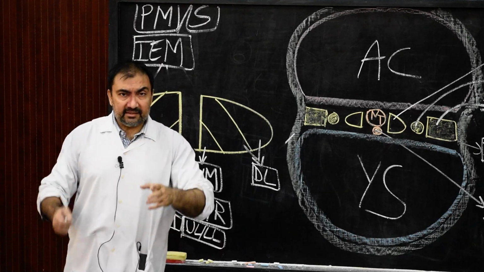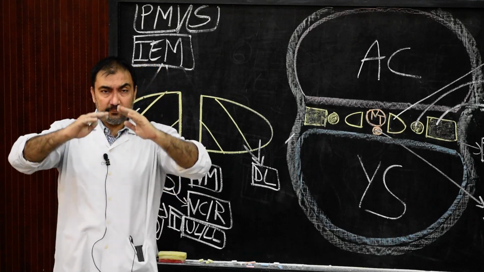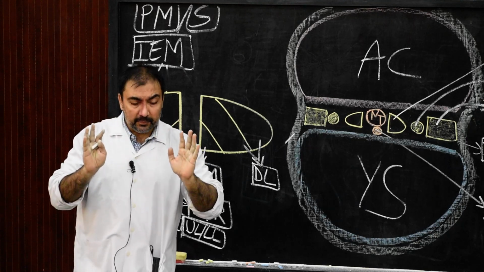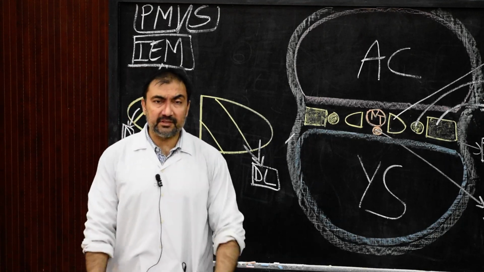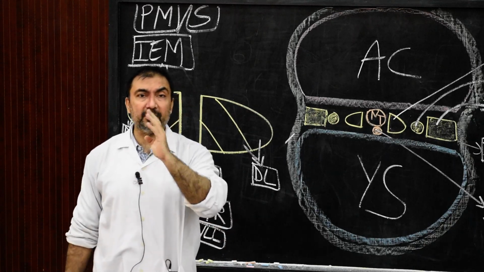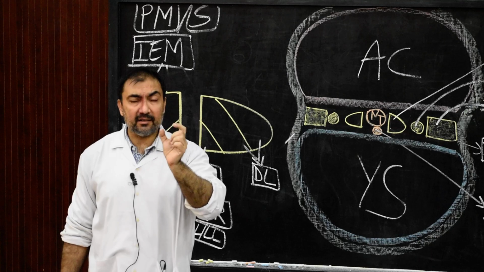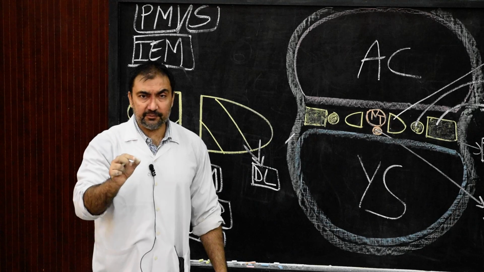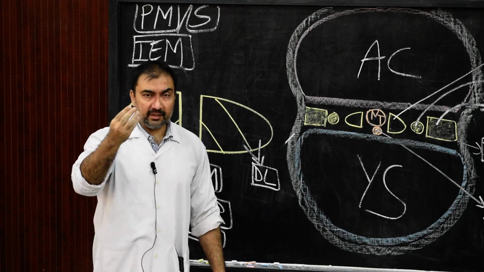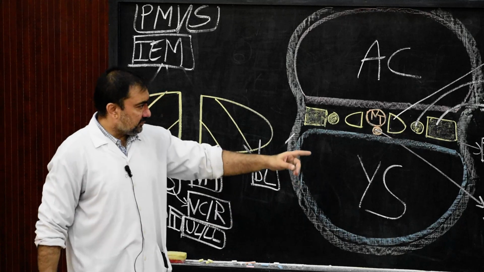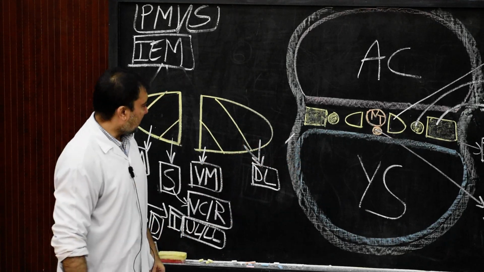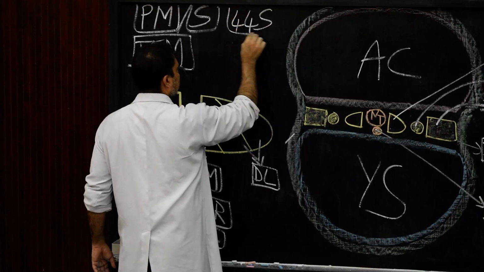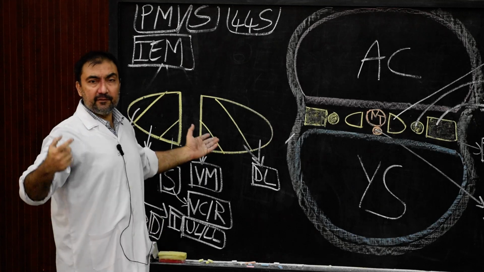Here we finish with somites, the somites which are present below the aortic vesicle. Now above the aortic vesicle there are no somites, but according to certain textbooks they are called pre-occipital somitomeres. So they are known as somitomeres. They are unsegmented masses. Remember, somites are segmented masses which are present below the aortic vesicle. How many somites have we seen? 44 pairs. So out of these 44 pairs, what happens to them? Each and every somite differentiates into these structures.